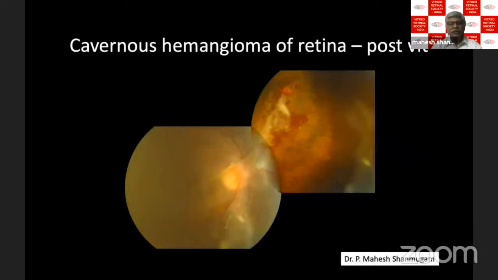And this is a child who had traction macular detachment. That's the macula which is lifted up like a knife. And this is the peripapillary cavernous hemangioma with a lot of fibrous tissue. Obviously, we cannot remove these tumors, but this fibrous tissue can be circumcised and left around the tumor, limiting it and decreasing the amount of traction on the fovea. Obviously, the visual recovery is going to be poor, but some amount of visual improvement did happen in this child. So that's at the end of the surgery, and this is post-treatment. Some amount of reattachment of the macula has happened.